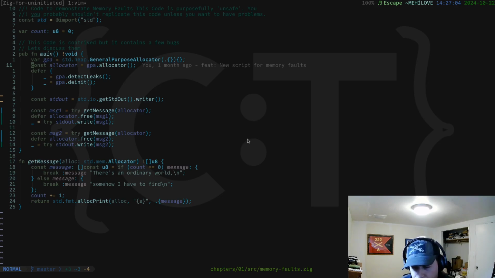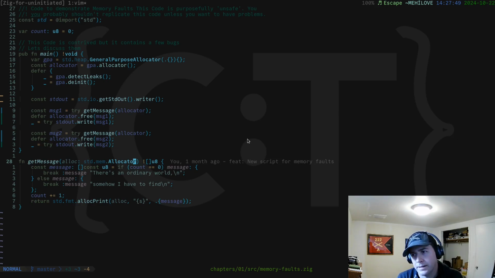I remember when I first learned Zig, I was really confused about what was going on here. And there's actually a really simple explanation. But because Zig doesn't support interfaces, and I'm giving it away right now, because Zig doesn't support interfaces directly, it can sometimes be hard to understand what's going on unless you dig into the code and get to understand what the purpose of all this is. And the purpose is that if we jump down 17 lines to get message,